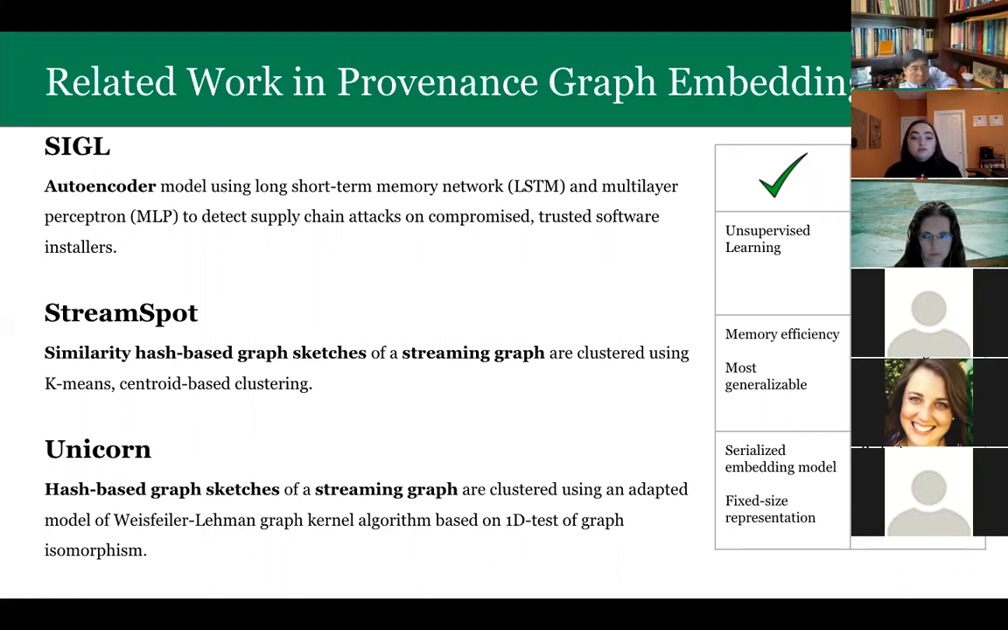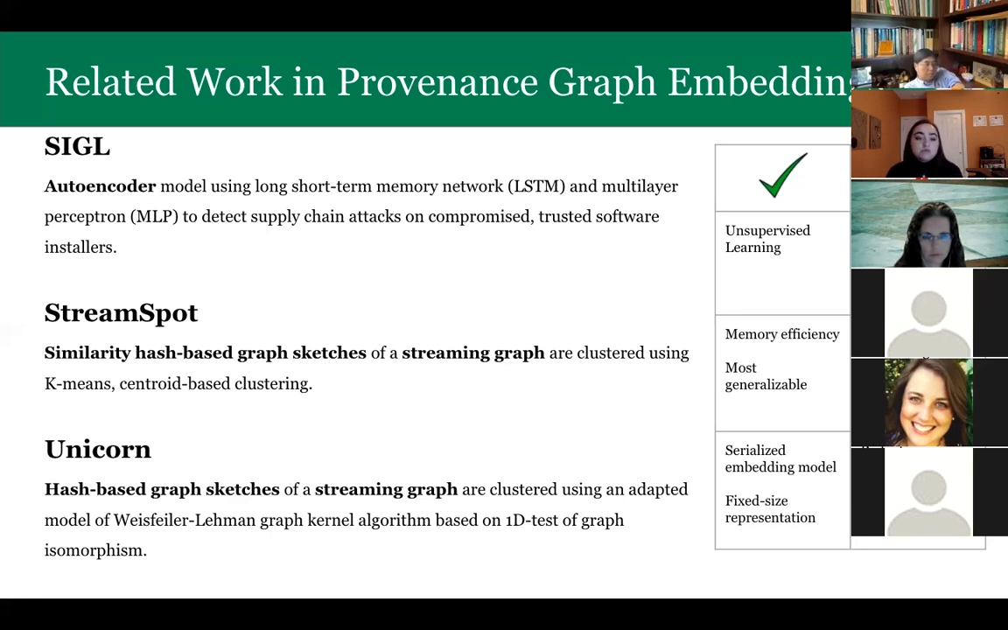But StreamSpot uses similarity hash-based graph sketches of a streaming graph, and then clusters it using k-means centroid-based clustering. So the similarity hash is an interesting approach because it does provide that constant fixed space for memory, which definitely helps with the dependency explosion problem and helps with just the big data size. But the way that StreamSpot did their similarity hash is a little bit misleading compared to Unicorn, which is serialized. They did a shingle-based embedding model where they cut up the features, and the way that they hashed it ended up creating some incomplete